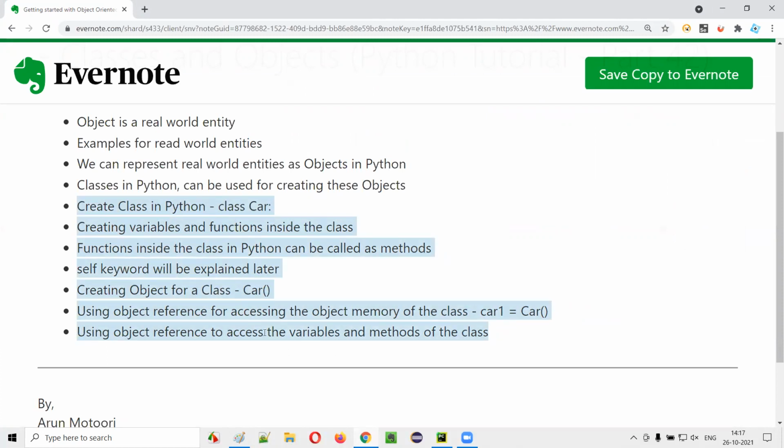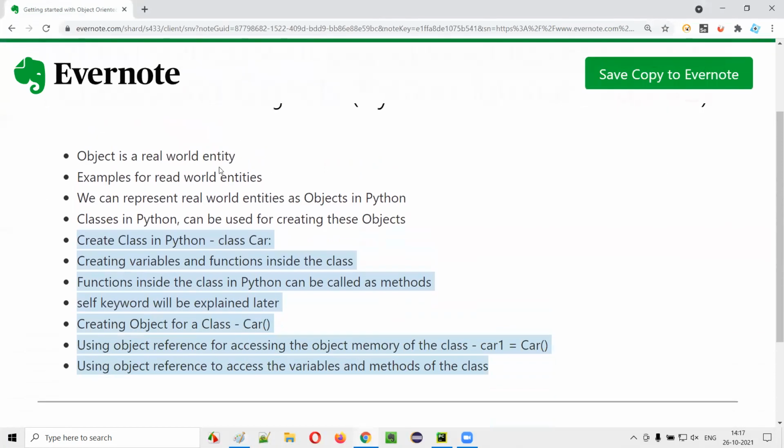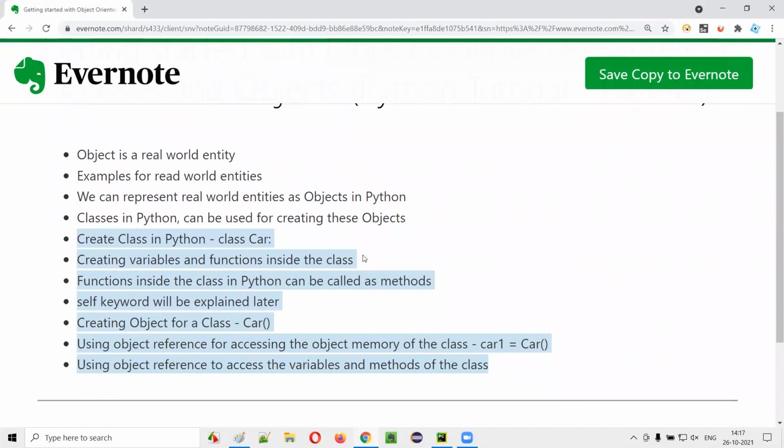This is the basic stuff, guys. This is not the real stuff. The real stuff you'll get in the upcoming sessions. Slowly we'll understand more about objects and classes and what is the purpose and all. You will understand in the upcoming sessions. Just to get used to the syntax of classes and objects in Python, I'm just starting here. So no hurries, let's learn step by step.